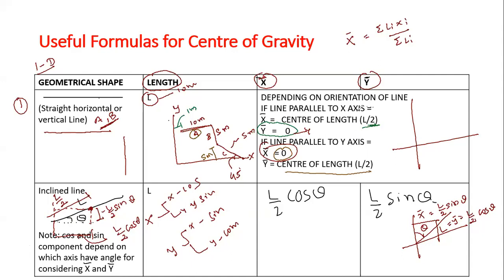L/2 cos थीटा। आपका एंगल वाई एक्सिस पे है तो आपका एक्स बार कितना आएगा? L/2 sin थीटा। यहाँ तक कोई क्वेश्चन है? इज देयर एनी क्वेश्चन? प्लीज कंफर्म मी चेक बॉक्स।